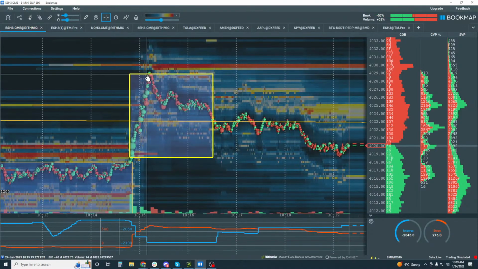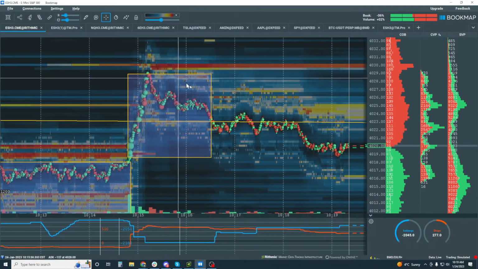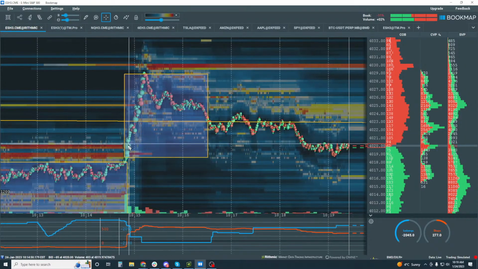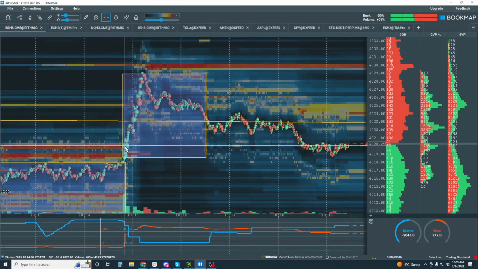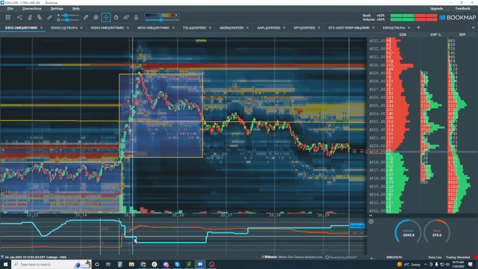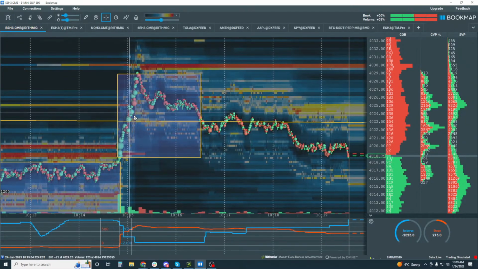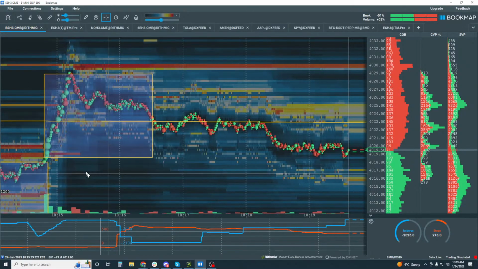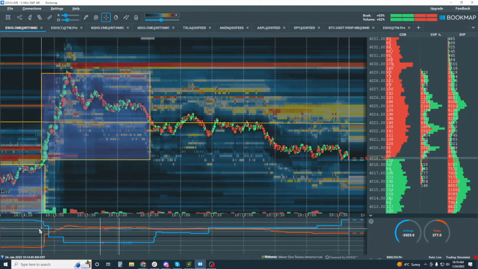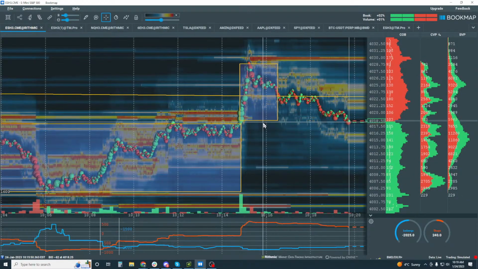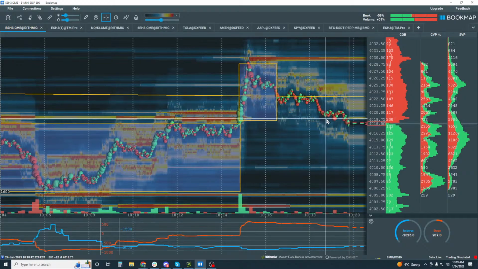Because you can see that this moved it away from the area, but it retested all the way back down here. Now, a lot of that has to do with these being stops, or many of them being stops. There are icebergs actually on the other side here as well. Some pretty big ones, it looks like too. No, I'm sorry, it's not that big. All right. So now the question is, is it going to